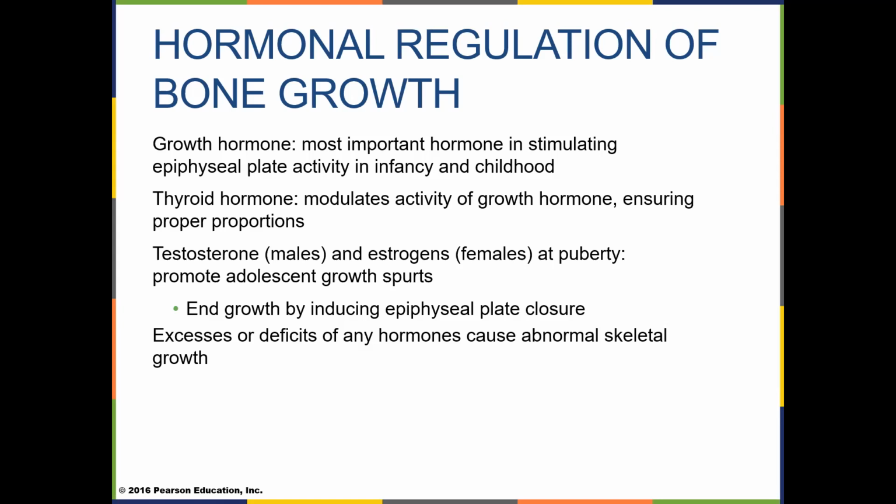So during puberty, we release a lot of thyroid hormone, so that we can eat more food and have more energy available to us for growth. And it works together with growth hormone